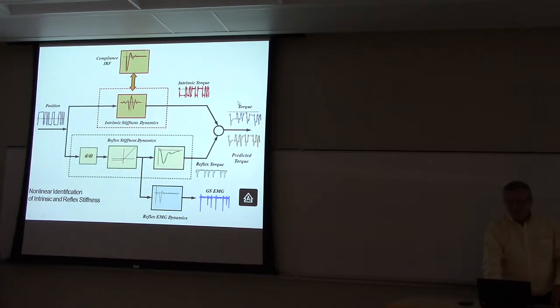We can subtract that from a recorded torque, come up with an estimate of what the reflex torque is, and then estimate this pathway, which consists of a static nonlinearity followed by linear dynamics. In fact, what we originally did is we cheated. We said we knew what the static nonlinearity was, and then estimated these dynamics. And then as you basically iterate back and forth, once we have an estimate of the reflex torque, we can use that to come up with a better estimate of the intrinsic torque, and after 4 or 5 iterations, we can come up with a good estimate of what goes